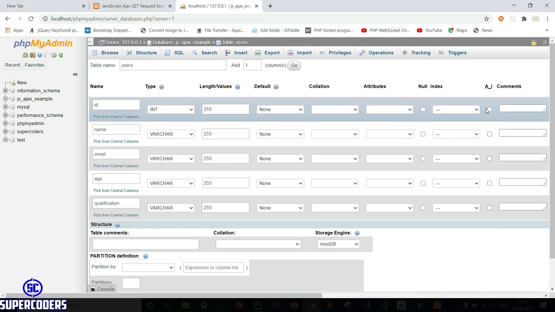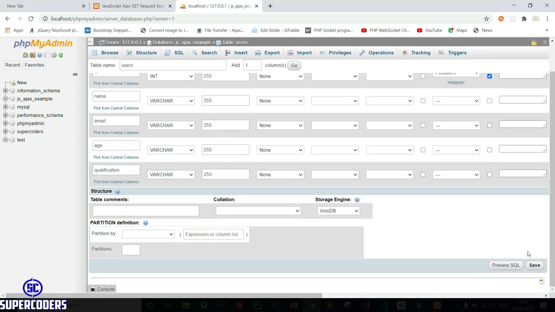Make ID auto increment, and primary also. Click on save.